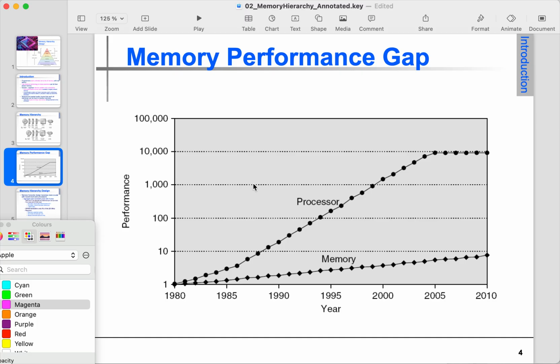So we can see how the development of CPUs and memories proceeds through time in this visualization, and how performance is affected by these new technologies. As time passes from 1980, 85, 90, 95, 2000, we can see